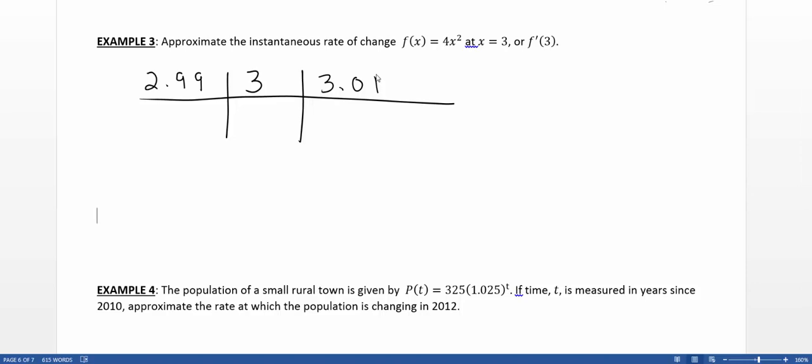So what I need to do now is find the functional values at each of these points by plugging them each into f of x. So when I plug in a 3 into f of x, 3 squared is 9. 9 times 4 is 36. But then I also need to plug in 2.99 and 3.01. So here, when I plug in these numbers, there's going to be a lot of decimals, so I'm going to be really, really careful. When I plug in 3.01, I get